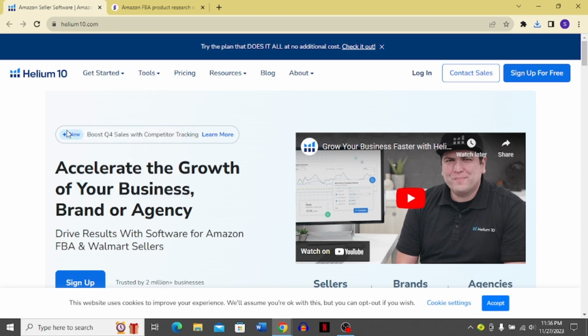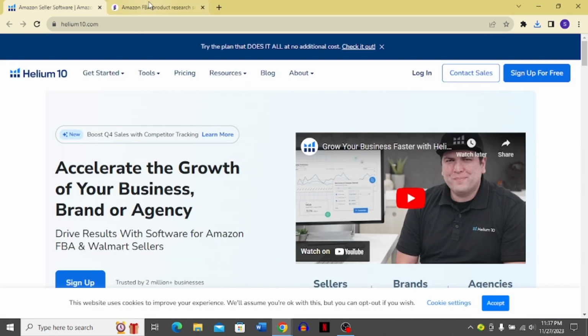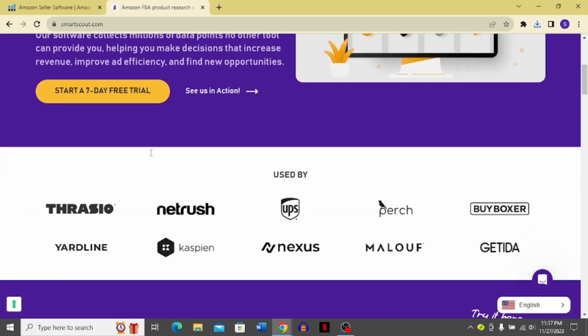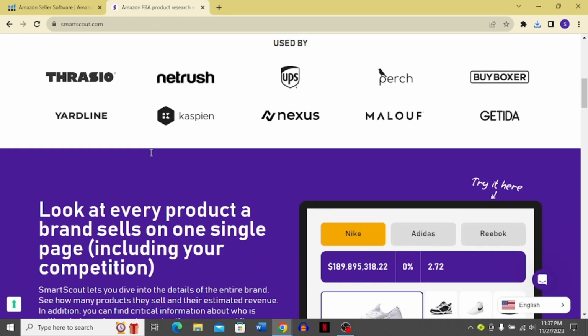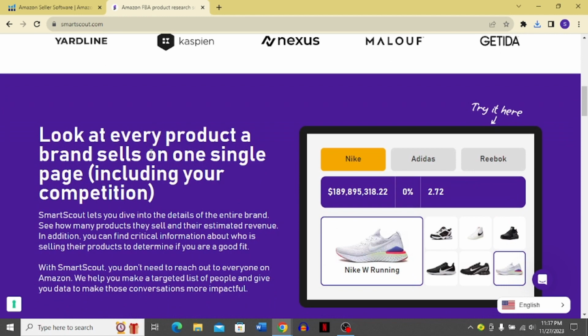So what is SmartScout in a nutshell? I'm going to tell you what basically SmartScout is. SmartScout is an advanced tool designed to provide a complete analysis of Amazon sellers, brands, and products. It offers a comprehensive view of Amazon's top 20 categories and thousands of subcategories, making it easier for sellers to